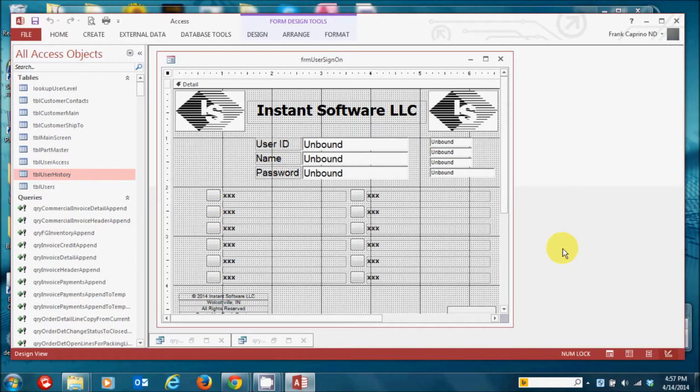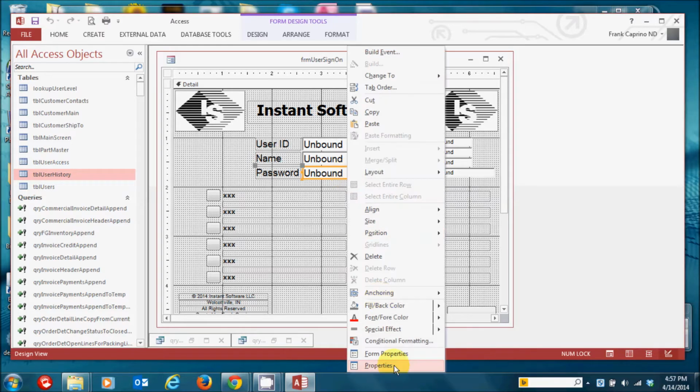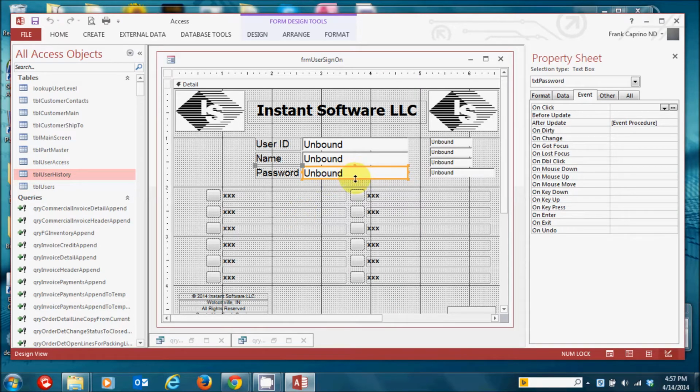This video will show you how to create a user history record so you can see who signed in and when they signed in and when they signed out in Microsoft Access. So you'll have a sign-on screen, so the user puts in their username and password, and that's what you see on the screen here. And if you look at the password text box in the After Update event,